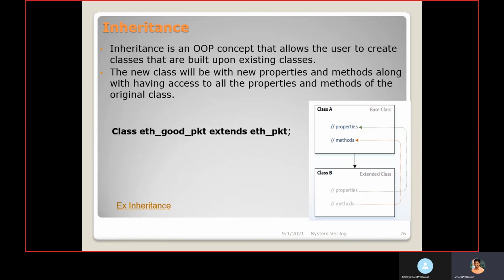Next is inheritance. It is a very important concept in SystemVerilog. Okay, how in real life the child has the properties or characteristics, the physical appearance, of their parents. So this is called inheritance. The properties of the parent, that is habits, characteristics, and physical appearance, those characters come to the child, that is inherited.